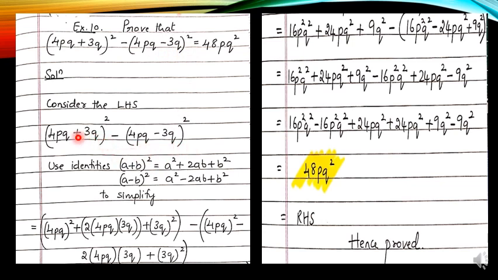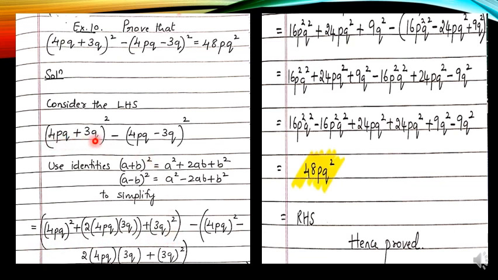Now here this is resembling a plus b the whole square, and this is resembling a minus b the whole square. So write the expansions of both. Whenever you are using any identity, it is very important and a must to write both the identities. Whichever identity you are using, you should write that. Without writing that, if you simplify directly, you will lose marks. So may it be any problem, whichever identity you are using, you should write that. Now for this we are using a plus b the whole square and a minus b the whole square. So directly we can start substituting now.